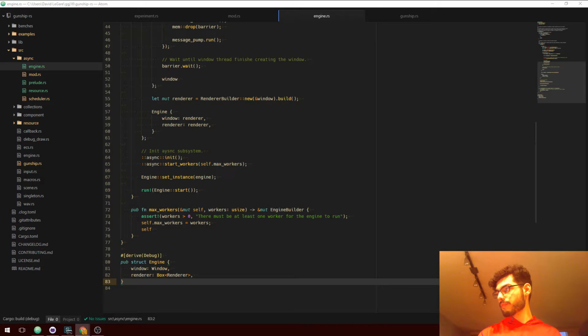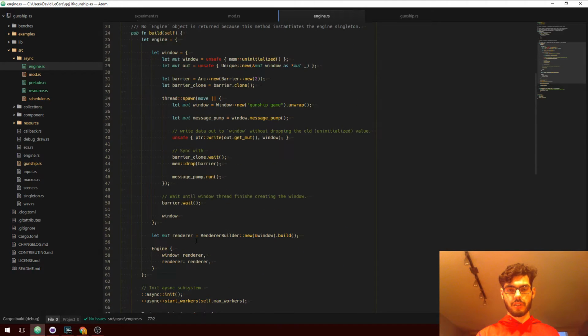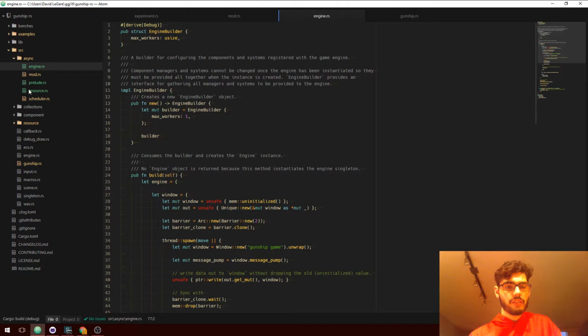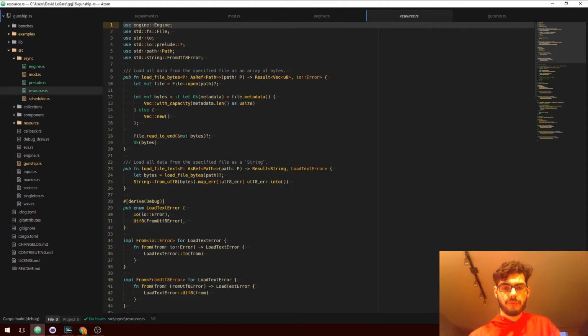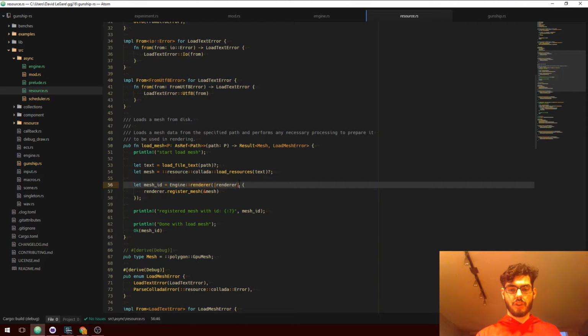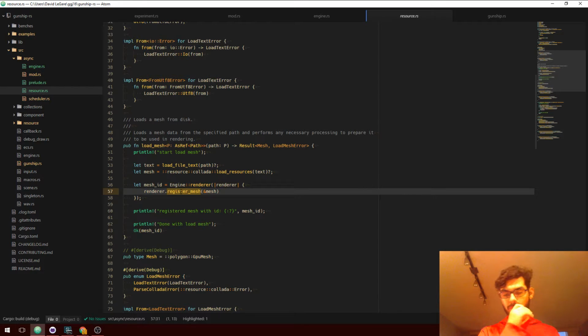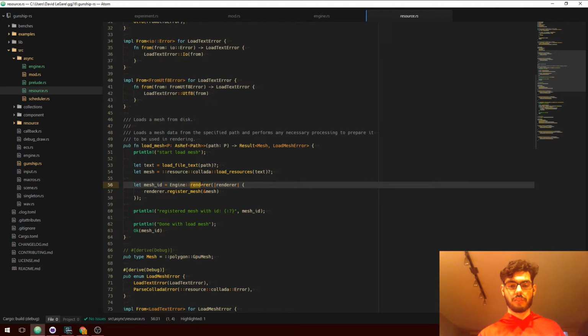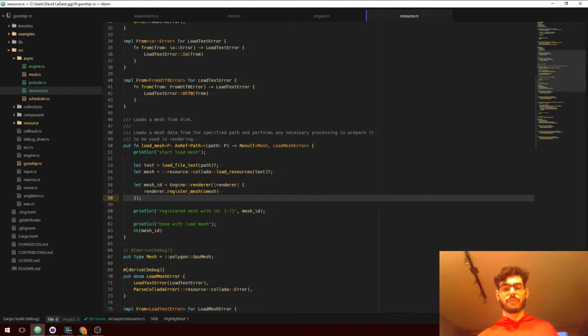Coolio. So that kind of works enough on its own. Next thing that's going to fail on me is resource. Let's take a look at the way that we load a mesh. We'll see that we try to talk to the renderer when we load our mesh. Now would be a good time to rethink this, perhaps. This is the problem that I had when I started writing this in the old version: this requires a mutex lock. Like this renderer method locks the mutex for the duration of this callback.